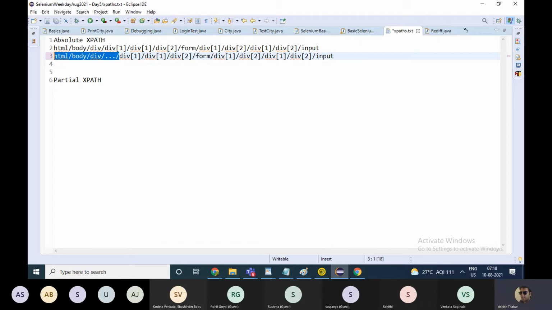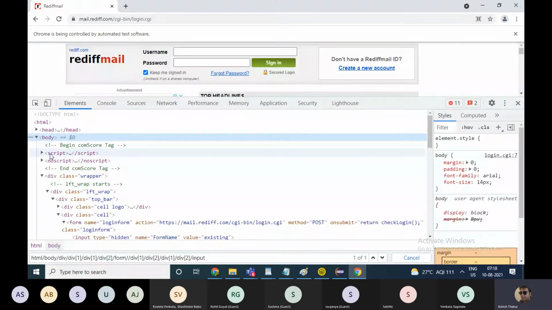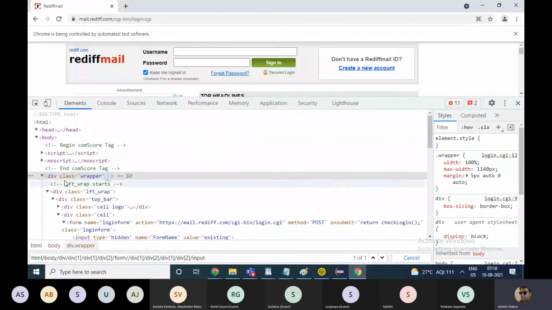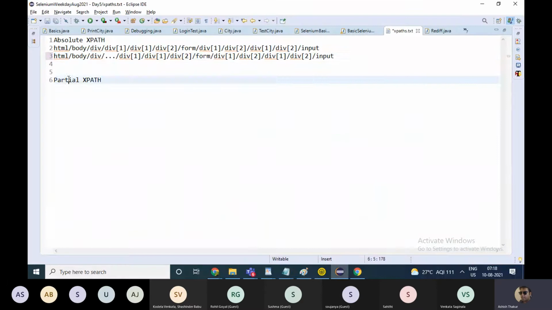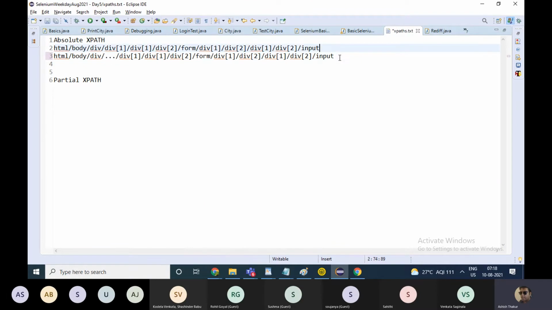That is why we use the partial XPath. We calculate the absolute XPath from the root base of the document, so we don't prefer to use it, although it is very accurate and there is no harm to use it once or twice as well. At times nothing works, but absolute XPath definitely works. So we prefer to use partial XPath.